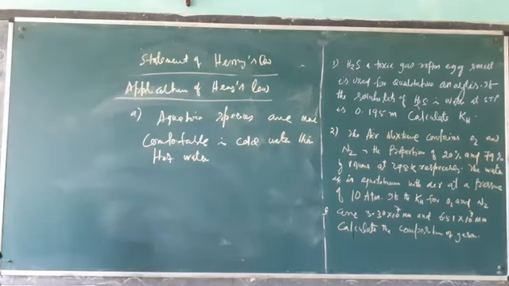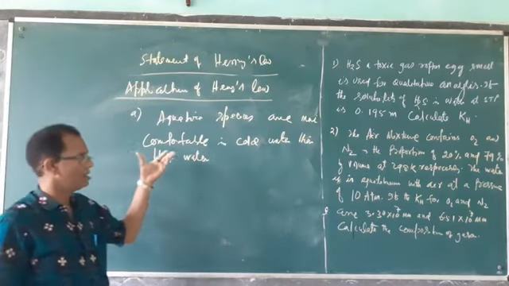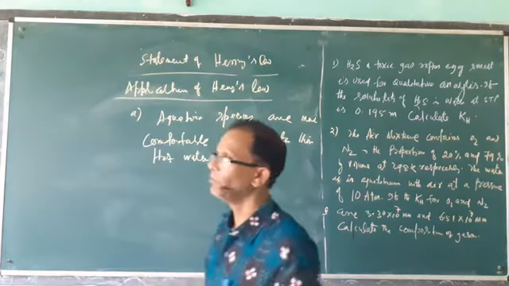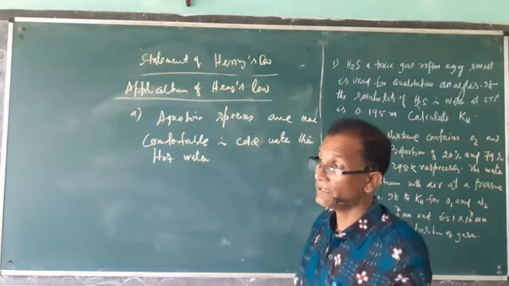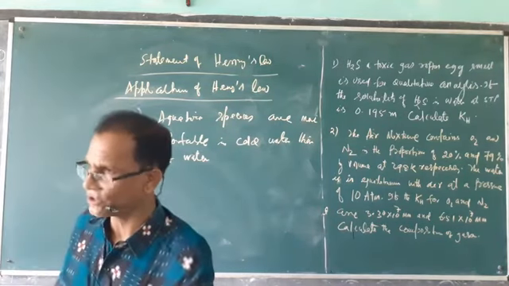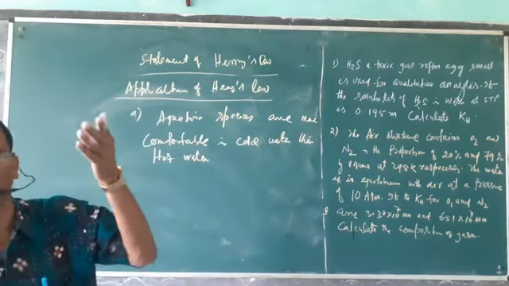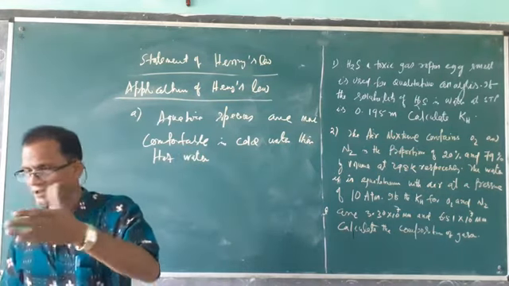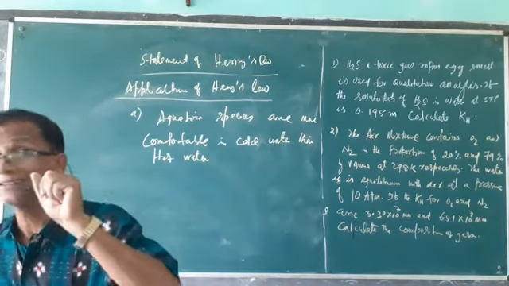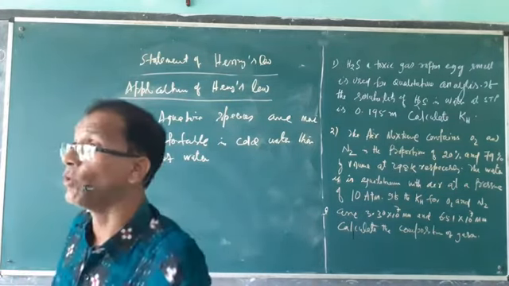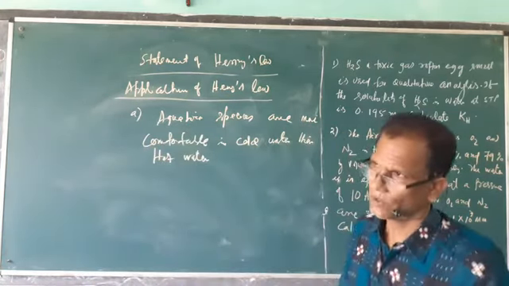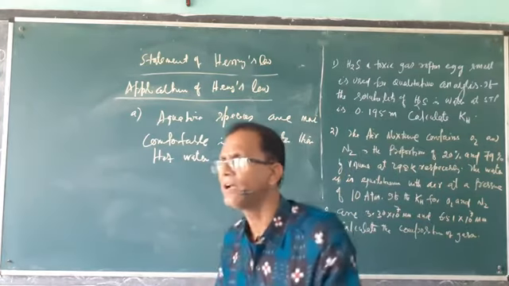What is the meaning? Fish in a pond, in the summer season, will not be available at the surface of the water. During summer they go down and stay at the bottom, at the soil, but they do not come to the surface, because at the surface, due to heat, the temperature of the water is higher. If temperature is higher, the amount of oxygen will be lower at the surface. We know oxygen is dissolved in water. Water from every source contains oxygen.